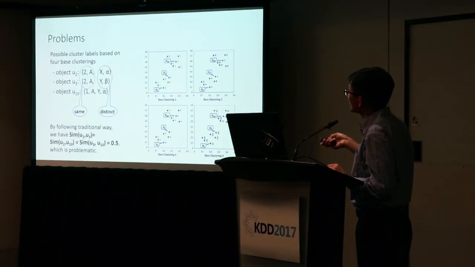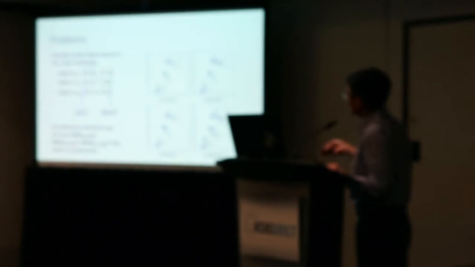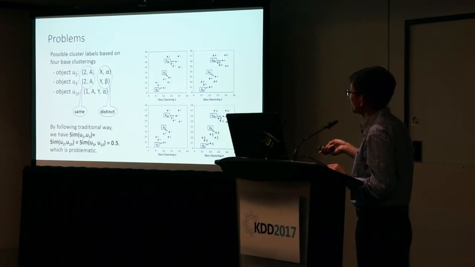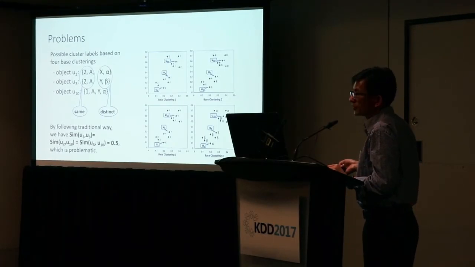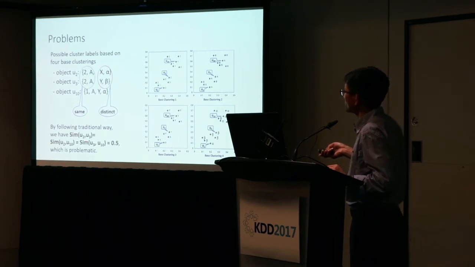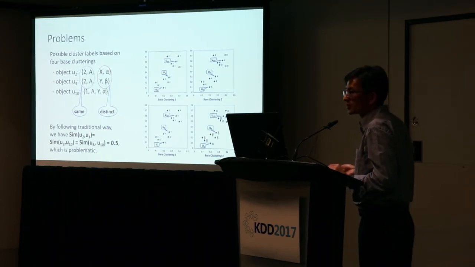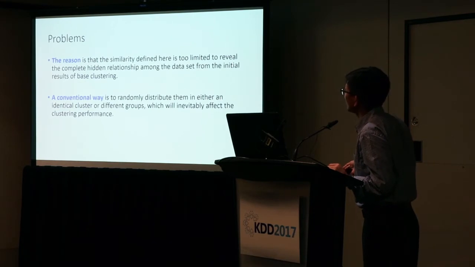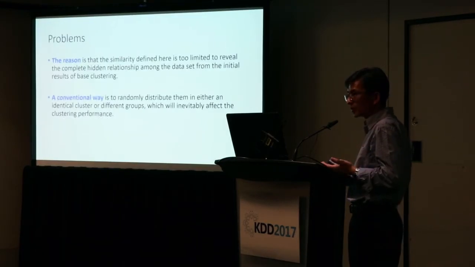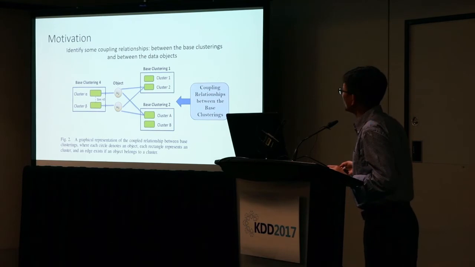So the inconsistency between the labeling and the similarity: for U2 and U3, each pair, if you use a traditional way, they are similar. So what is the problem here? The problem we think here is that we have to consider a better way to measure the similarity between